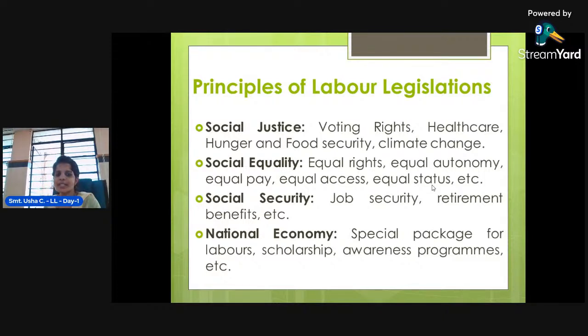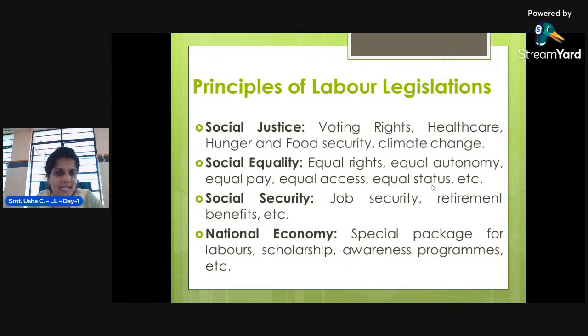Next is social security. What does social security include? As a part of social security, see, since most of you are working, when you feel that you have to work for an organization for a longer period,